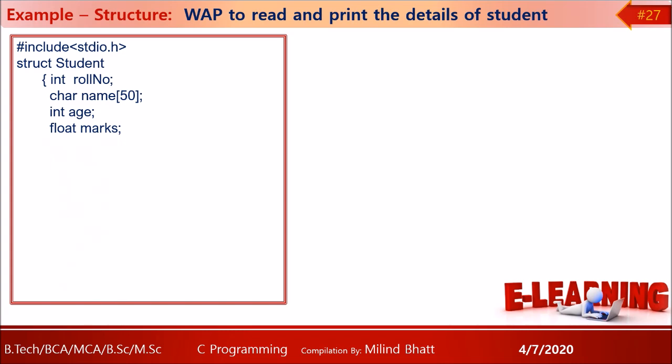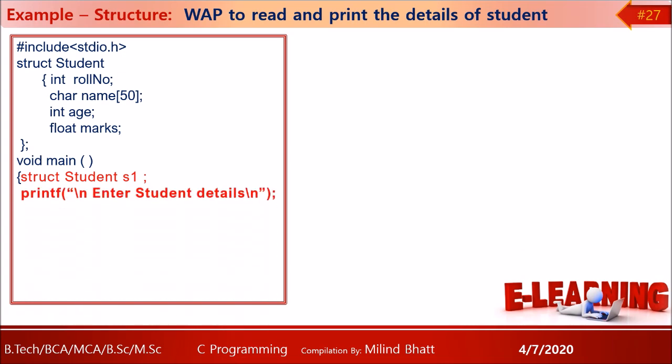Then declare a structure having tag name student, struct student, integer roll number, character name of 50, integer age, float marks, terminated, and later create a main, have an object of it having tag name student. So struct tag name object, struct student s1,